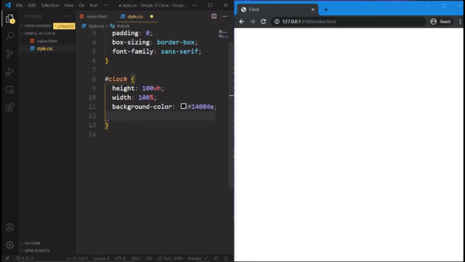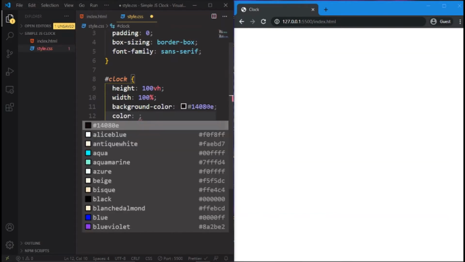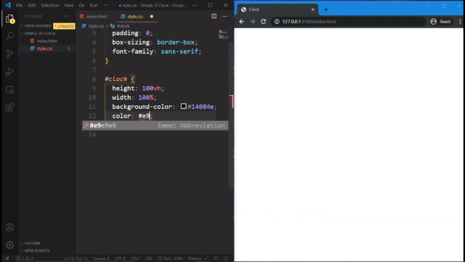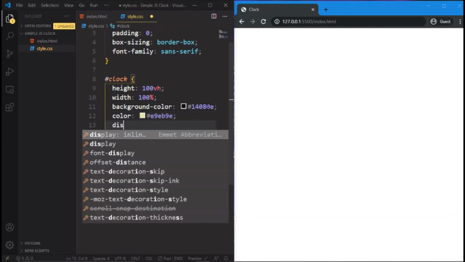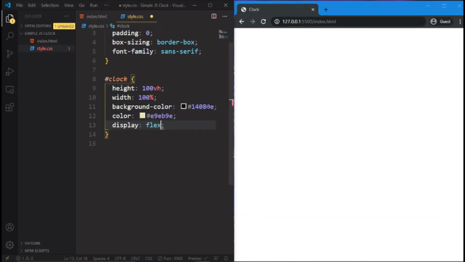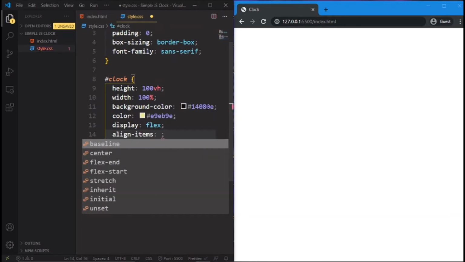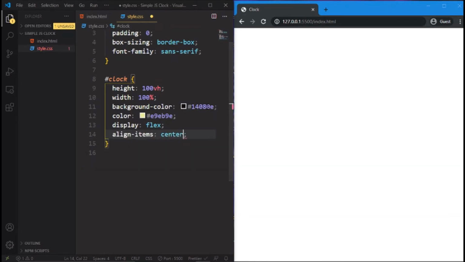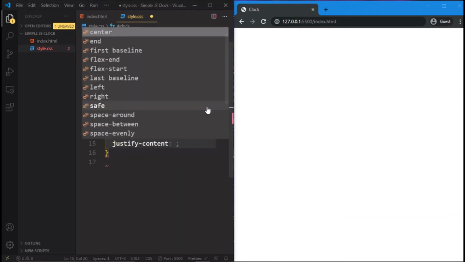And hit enter. And after that, we have another one, that is the color, text color. That will be hashtag E9EB9E. Wow, that's a bright color. And display flex, we are going to use flex box. And align items center, and justify content center,